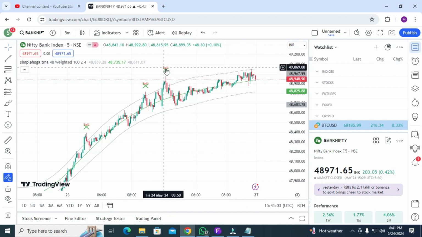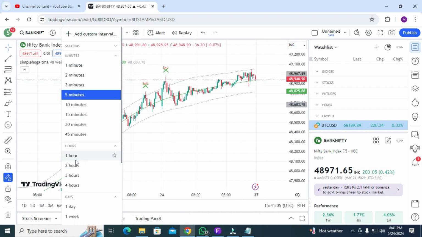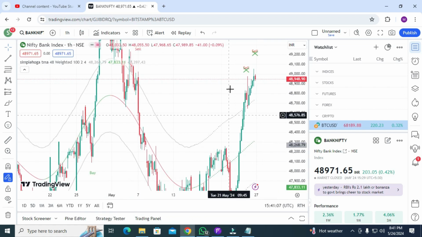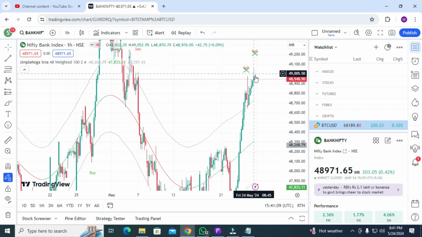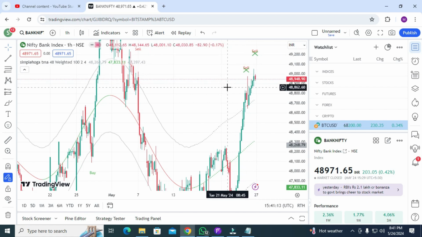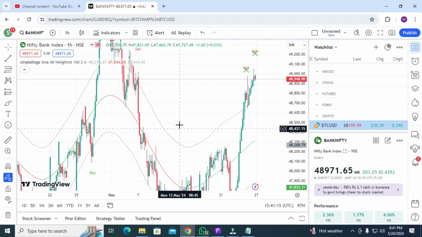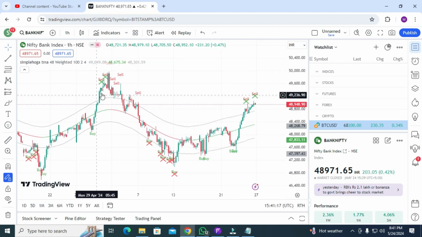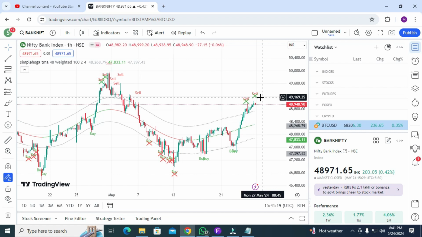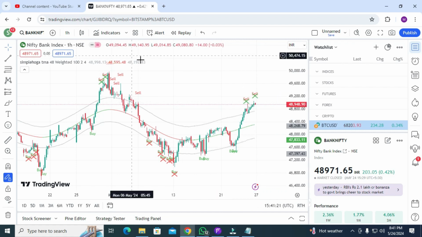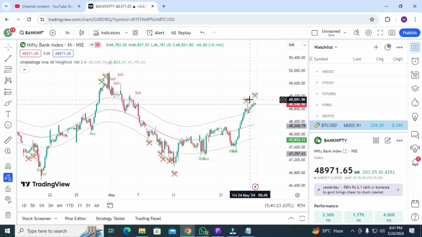Okay, like I need to go to the 1 hour time frame. You are getting a cross signal, you can see it comes on time, it will not come as a delayed signal. Okay, it will come on time and on the same candle. So that is the purpose, I need to show you that the signal will not come delayed. And if you question whether the cross signals come late, it will not come late.